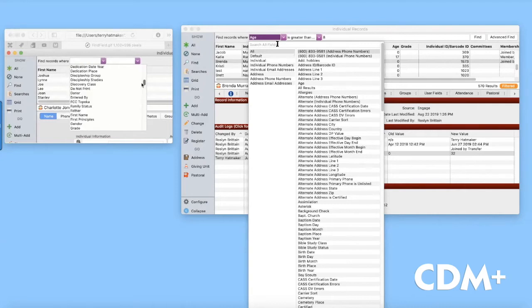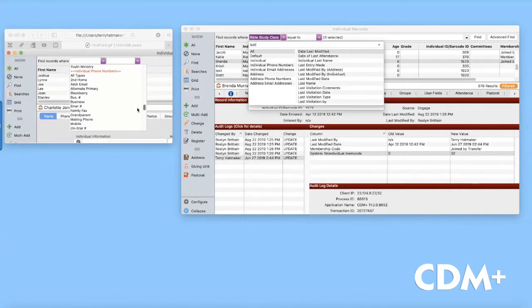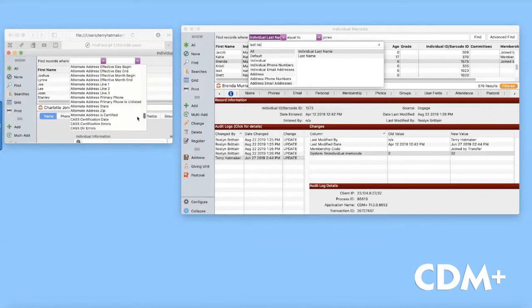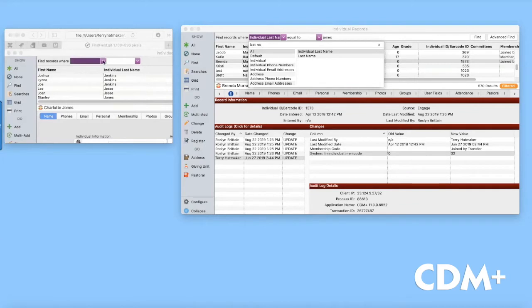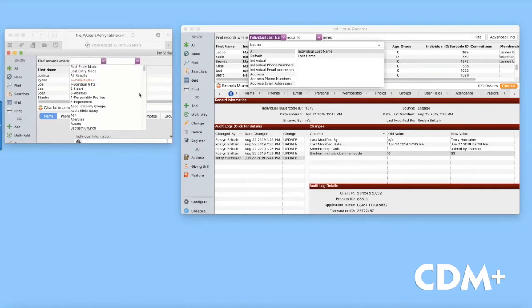In order to do a search, you just put your cursor in the Search All Fields area and begin typing. So if I want to do a search on a last name, I just start typing last and the first few letters of name. As you can see, the window has narrowed my results down to individual last name, which is associated with the individual records, and last name, which is associated with address records. If I want to select the address last name, I click on the tab, and then